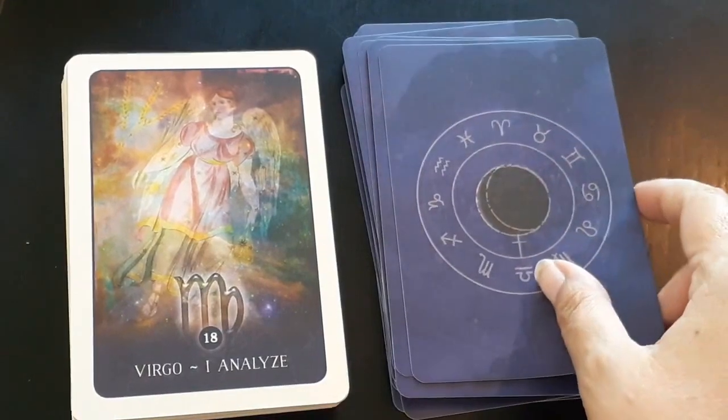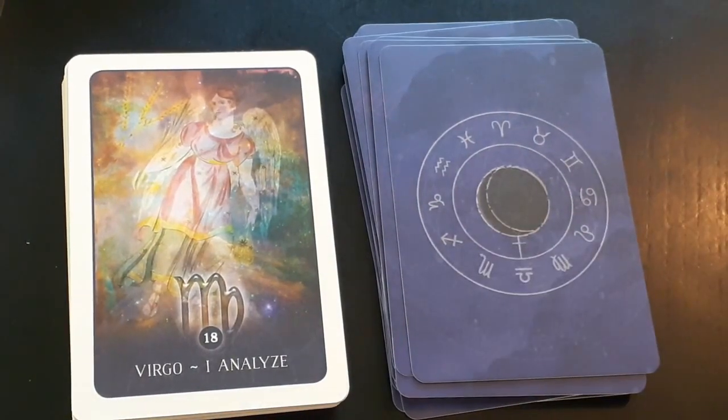Virgo, I analyze. Analysis, summing up a situation, evaluation, becoming organized, ridding yourself of clutter, correcting matters, being conscientious, medical visits, hospitals, nursing homes, health concerns, the workings of the body, the gastrointestinal tract, the nervous system, diet, jobs and career, the 9-to-5